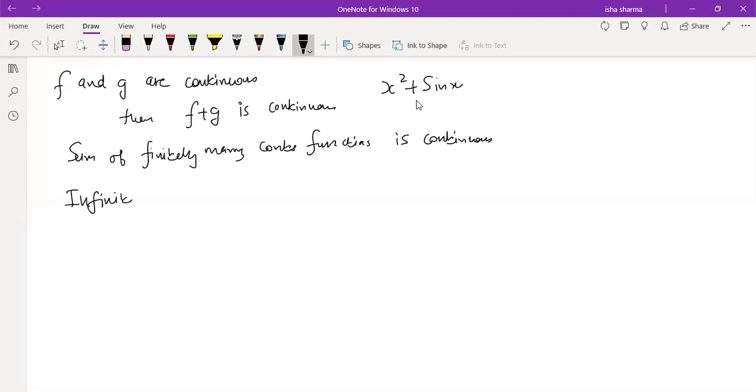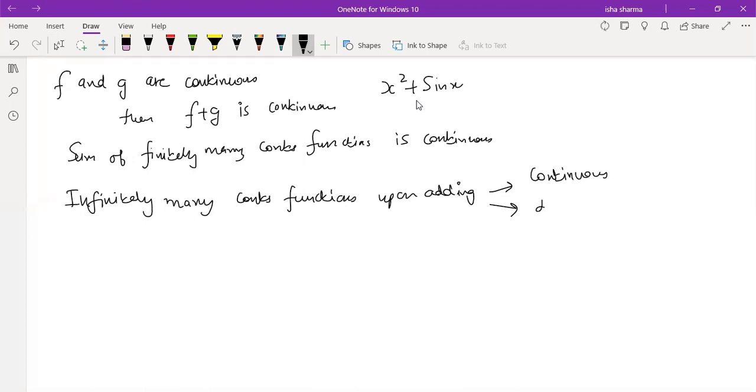What is going to happen if we add infinitely many continuous functions? Upon doing their sum, the result can be continuous or it can be discontinuous also. That is the result because of infinitely many things. At the infinite level, things turn different, so we cannot generalize results which are true for finite sums to infinite ones directly. I'll give you an example for this when we study examples, but right now